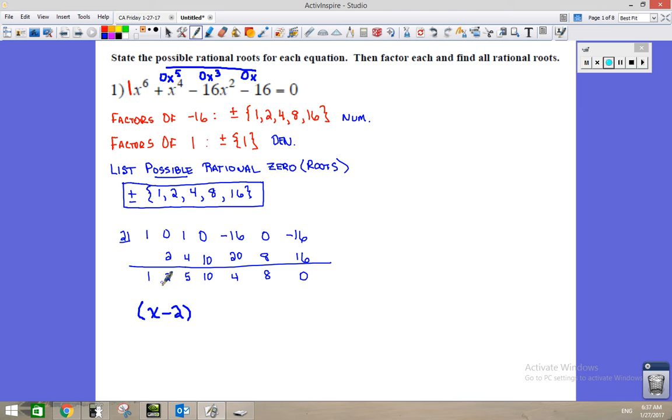And now we have this: 1x to the 5th, 2x to the 4th, 5x cubed, 10x squared, 4x plus 8, and that equals 0. Because we're trying to solve this equation to find all of the roots, all of the x-intercepts, the zeros of